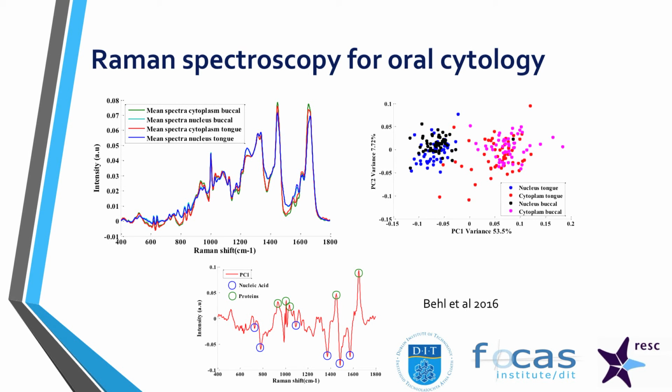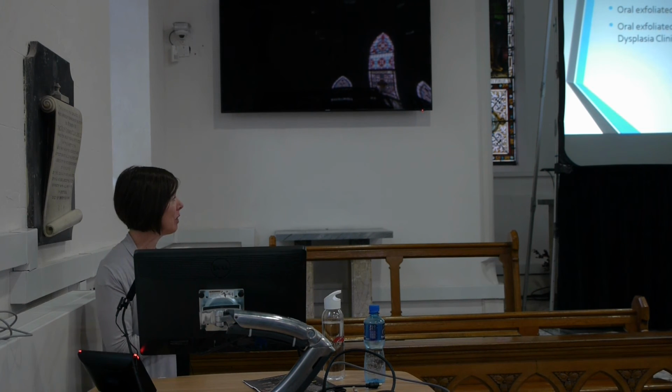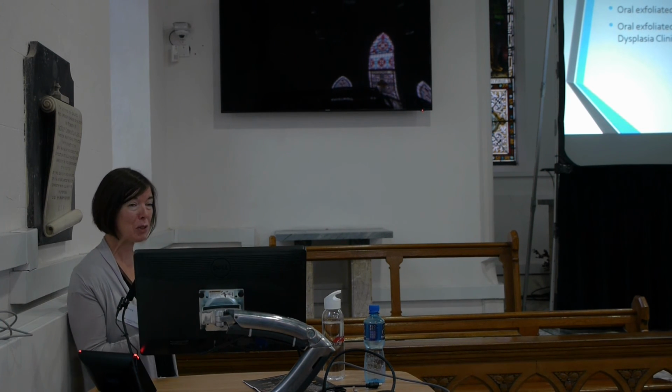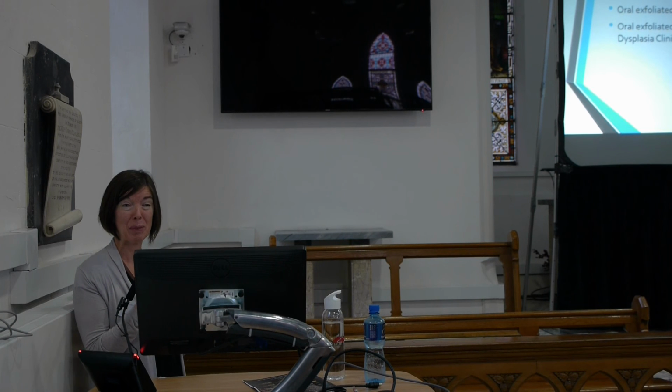The loadings plot then tells us that what's different is in the nuclear spectra we have nucleic acid peaks, which are the ones circled in blue, and in the cytoplasm spectra we have protein peaks, which are the ones in green. So this work is still at an early stage. It's funded by Science Foundation Ireland, so we're just getting the methods up and going. It seems to be working. We're able to record spectra. We can see differences between different subcellular regions, and we're going to continue to collect about 100 samples from healthy